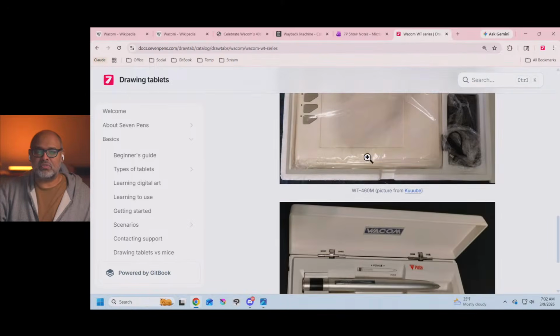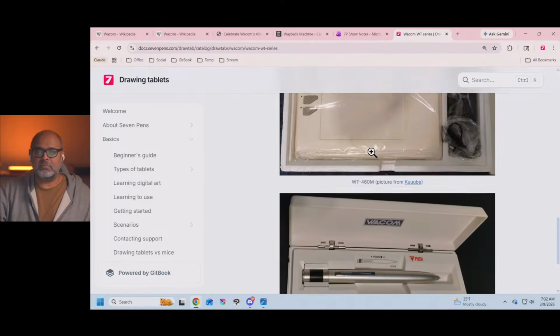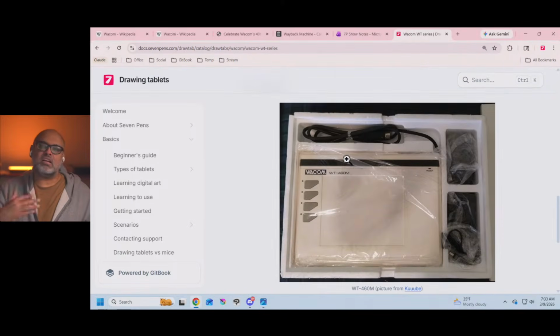In relatively good condition. I'm not sure if it works or if he's tried yet. But this is going to show you the first device they made, which corresponds to what we visually see as a drawing tablet. But the first real drawing tablet is yet to come. Okay, and we'll get there.